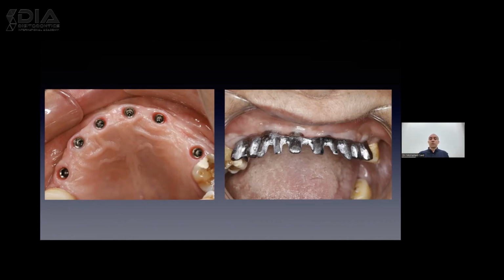So we took a regular impression. So this is what I was talking about at the beginning. We have a combination of both analog and digital workflow. It's not a whole digital workflow in this case. So we have an implant placed, but in this case, we needed to do some grafting. So we needed to have